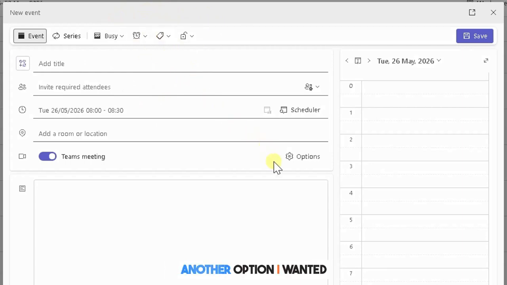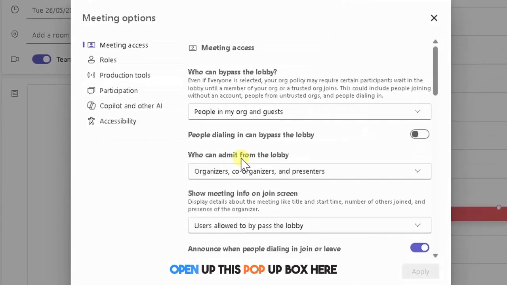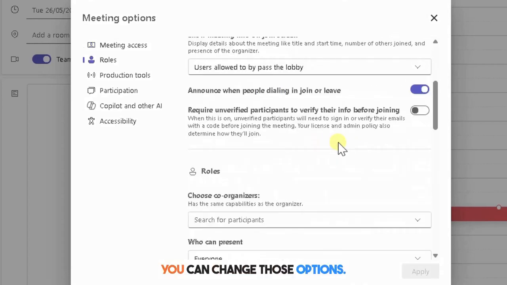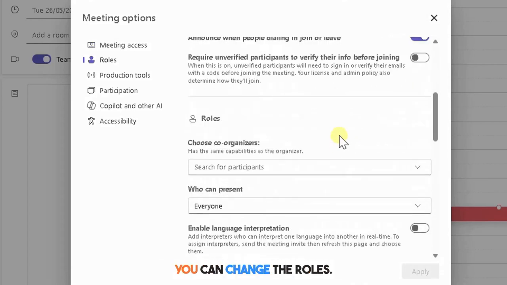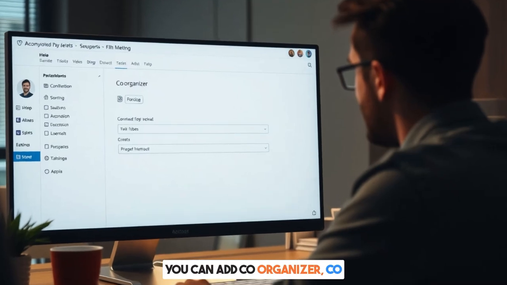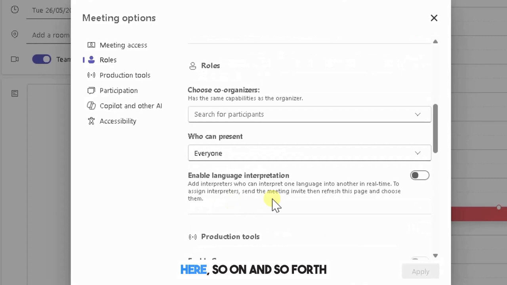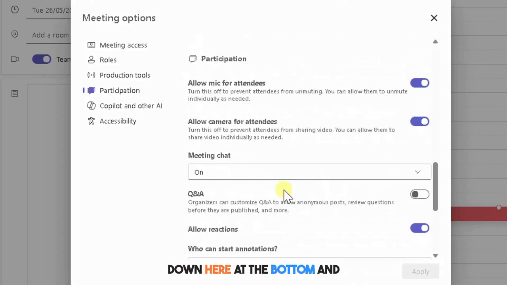Another option I wanted to show you is this option here, which is the online meeting options. If you click on that, it will open up this pop-up box here, and you can just double check the access to the meeting. Who can bypass the lobby? Do you want people to bypass the lobby? Yes or no? Who can admit people from the lobby? And so on and so forth. You can change those options. You can change the roles. You can add co-organizers here. You can change who can present here, and so on and so forth down here at the bottom, and